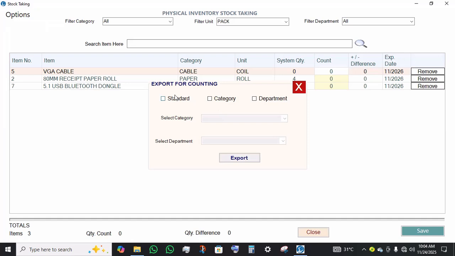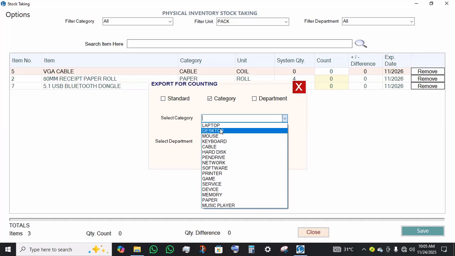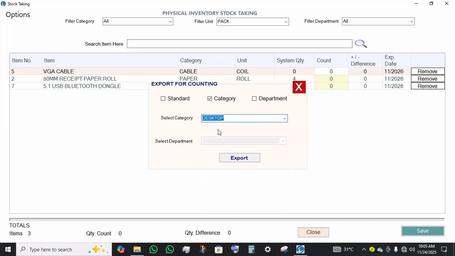So choosing export, you have the standard, and then you choose which category you want to export. Maybe you want to export the desktop category. So all items under the desktop category will be exported for counting. So you know that, okay, this person is going to the desktop side to count all our desktop devices. Okay,